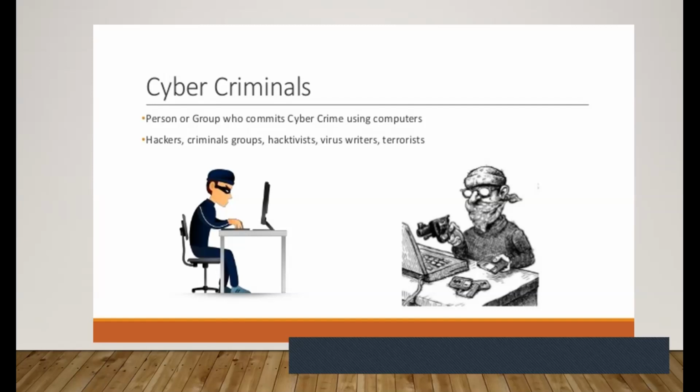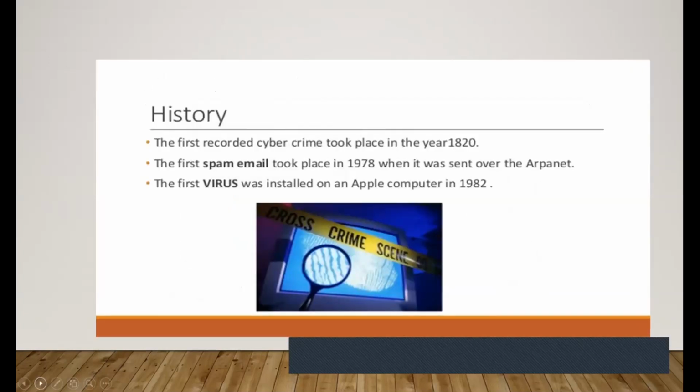Then cyber stalking. Cyber stalking is a kind of online harassment where the victim is subjected to a barrage of online messages and email. The victim is flooded with different types of emails and messages. In this case, these stalkers know their victims, and instead of offline stalking, they are using the internet to stalk. So these are crimes. History: if we look into the history of cybercrime, the first recorded cybercrime took